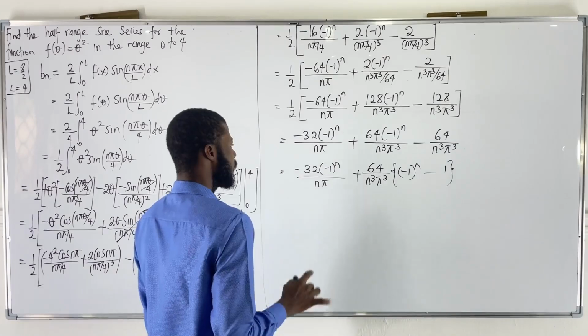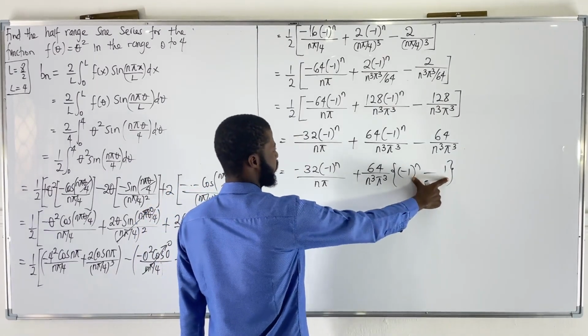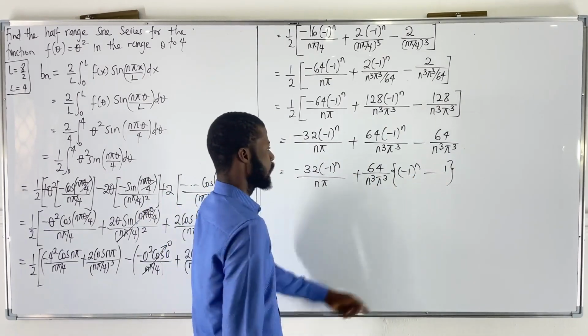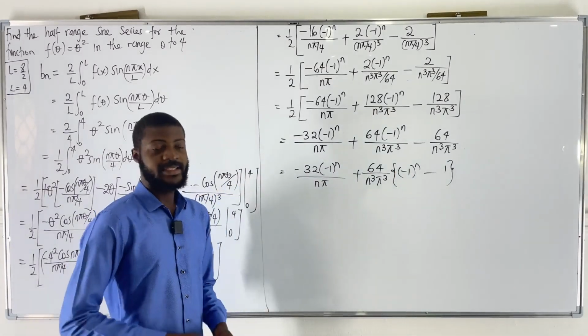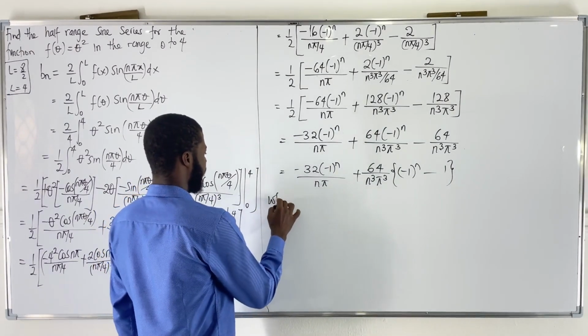Okay. Next, this bracket here could be 0 at some point. And then I could have a simplified version of the answer. So let's assume that n is odd the first time. So let n be odd. So when n is odd,